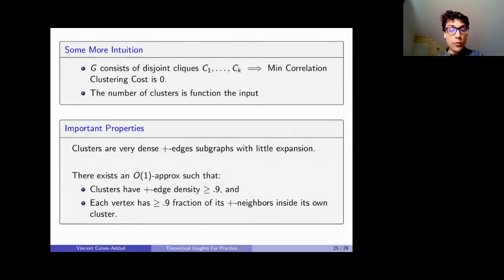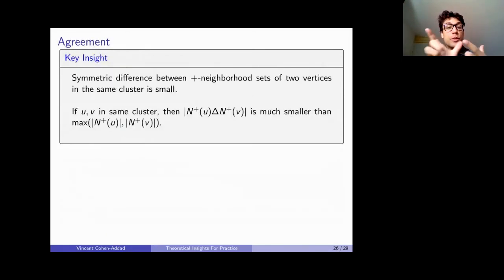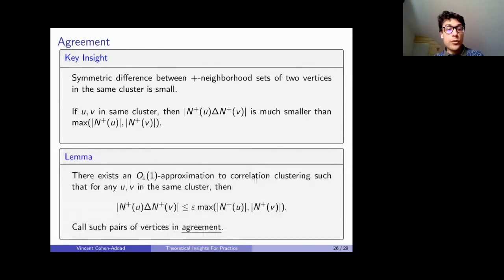Just because of what we said before, the symmetric difference between neighborhoods of vertices in the same cluster should be almost the same, except maybe for a little constant factor. So we can show this lemma: there exists an order 1 approximation, with a parameter you can play with, such that for any u, v in the same cluster,